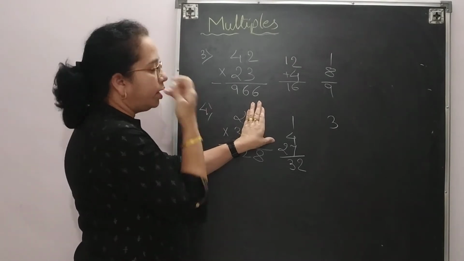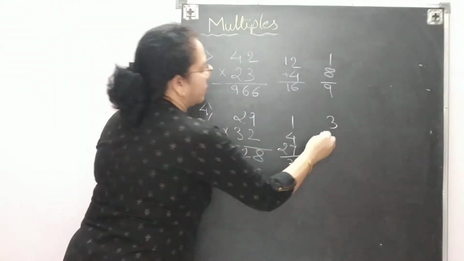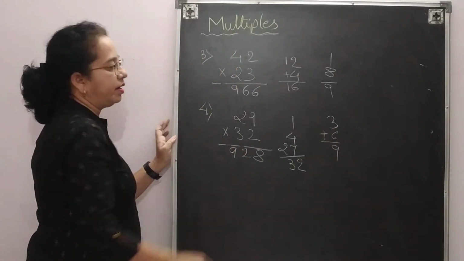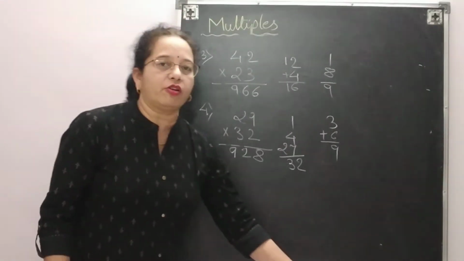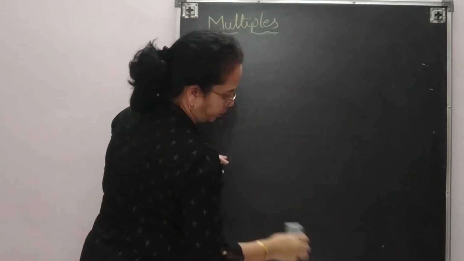Now start hiding from unit place digits. So which numbers are left now? 3 2s are 6. So add 6. This is 9. So write down here 928. This is the easiest way of multiplication. Now second one,